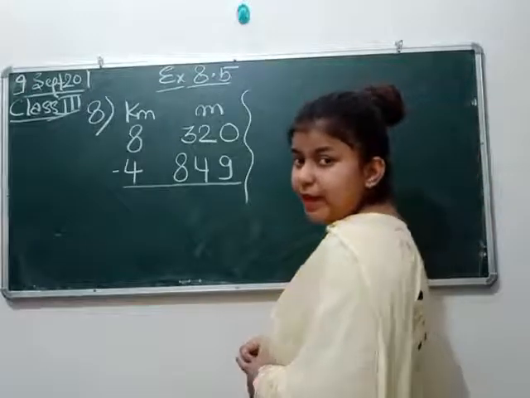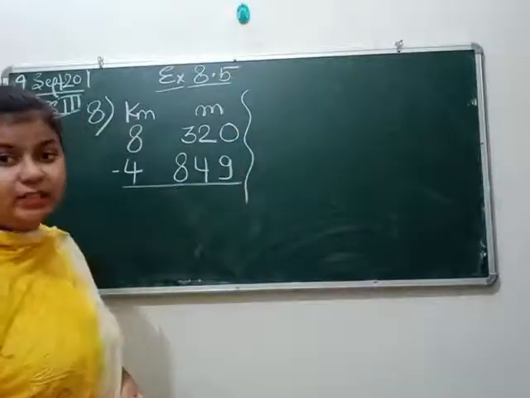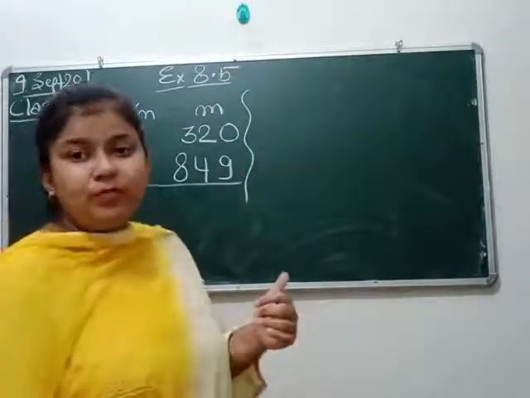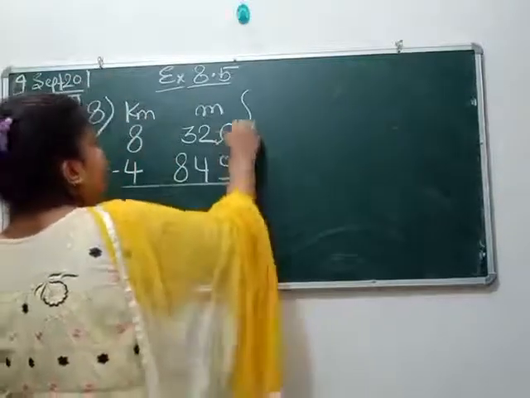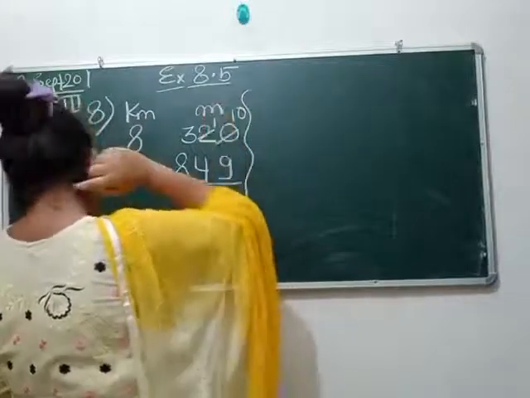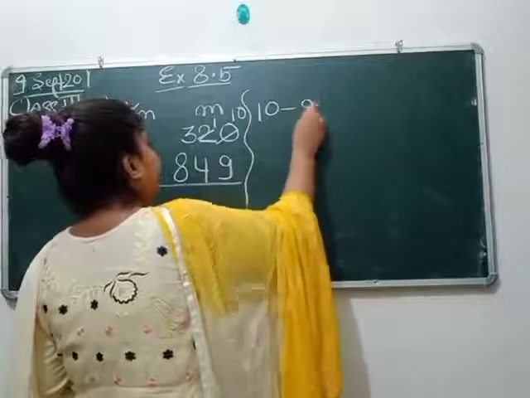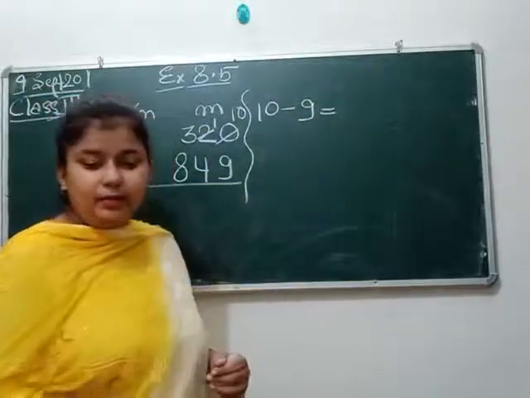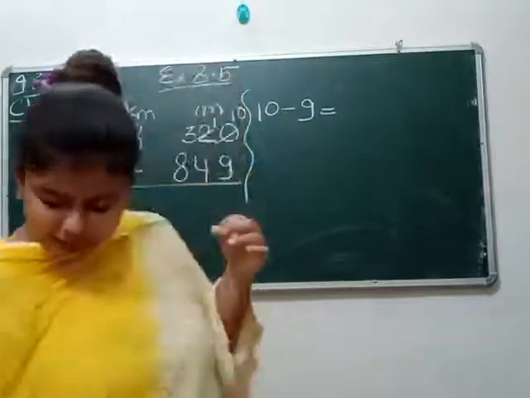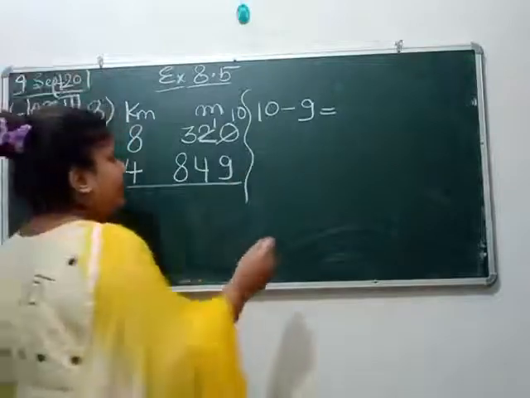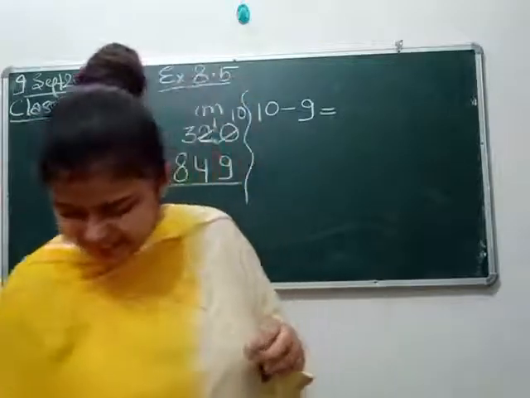Okay, let us do the subtraction now. At the very first place, here we are having 0. But we cannot subtract 9 from 0. So what we will do? This number will take a borrow and it will become 10 and this will become 1. So now 10 minus 9 we will get just 1.